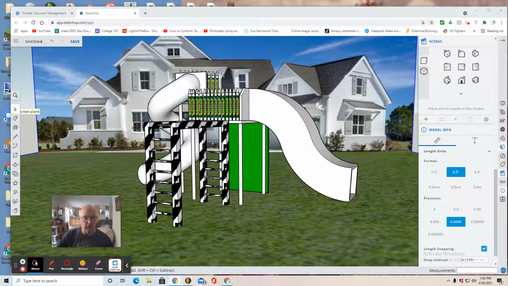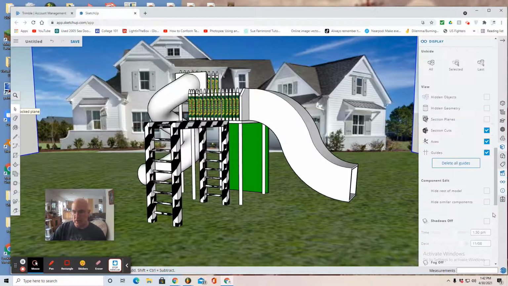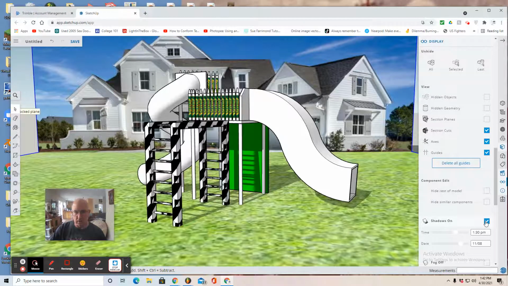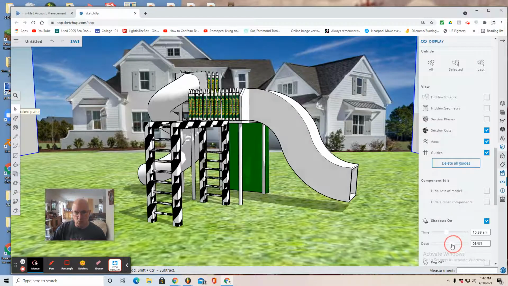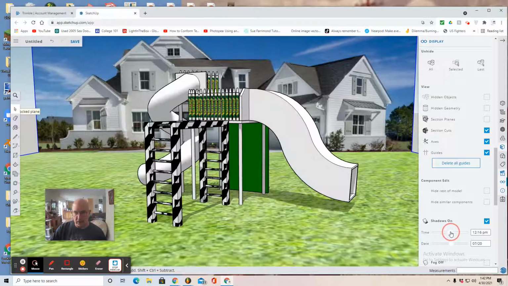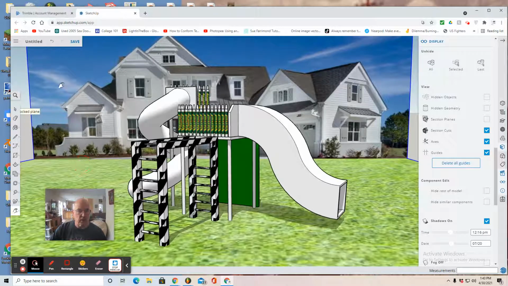I would, at this point, move back to the right where you see the display tab. It looks like glasses, and turn on shadows. And then position the shadows so that they look more downward, straight down, so that you can have a bright and shiny playground. Again, you can fine tune using the pan tool. If you like how it looks, that's when you can save